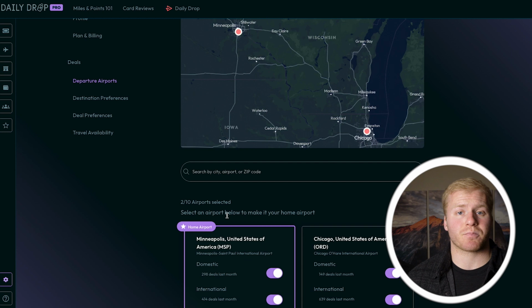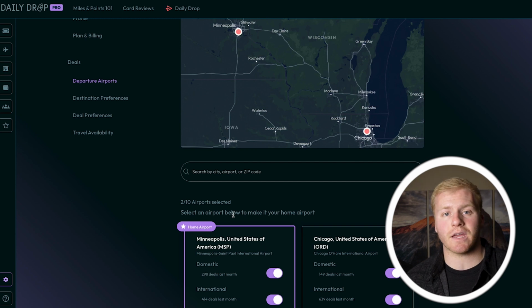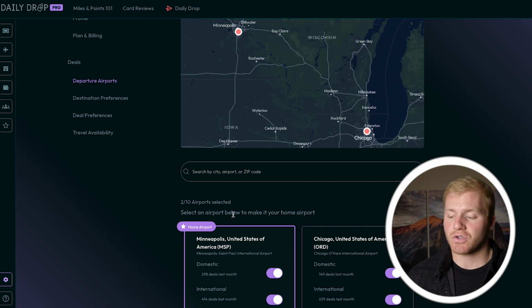Being that that airport's pretty close to me and I know I can get there on a really cheap flight, so that way if I find a cash deal that goes out of Chicago, I know it won't be a huge expense for me to get to Chicago, but I'm now able to take advantage of all the deals out of Chicago as well as Minneapolis. So I would recommend adding all the way up to 10 airports so that way you can get the most